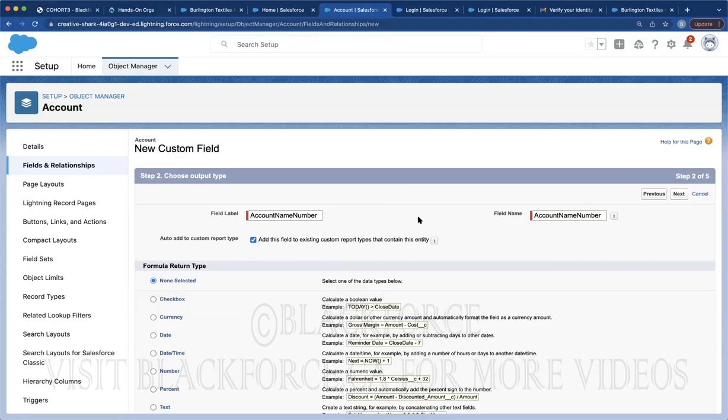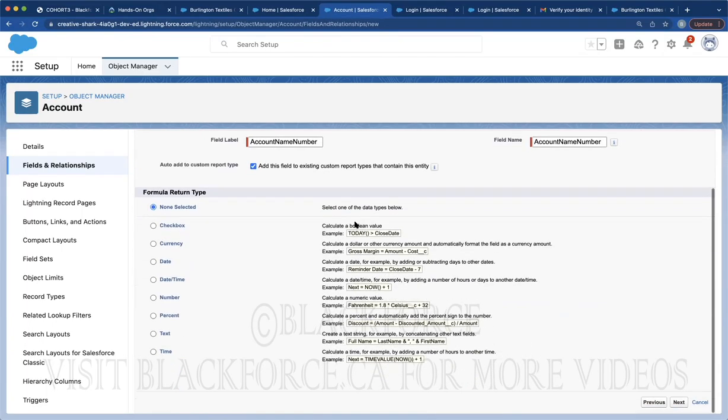It doesn't have to be account name number, it could be anything. Then we say we want text, but remember, this is me making up a formula. A formula is a read-only field. It is predetermined based on the information you're given at that instance, meaning that I can write a formula that would